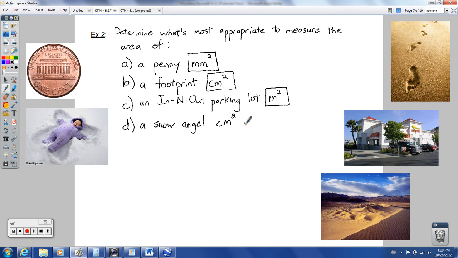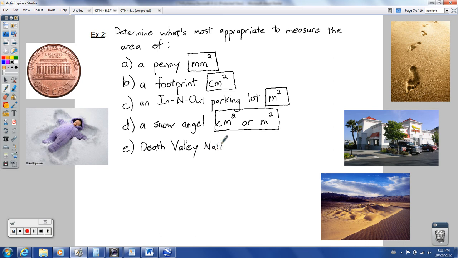I think centimeters squared would probably be best. So centimeters squared or maybe meters squared. So I'll put both of those as viable options as being most appropriate. And then how about the area of, if you've never visited here, don't be afraid by the name, it's pretty incredible. You should go visit Death Valley